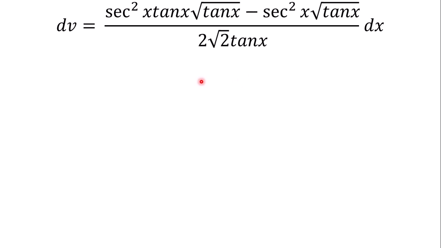You can't do anything here, so let's move on to where we are going to differentiate the original one. Okay, so t is equal to 1 over square root of 2 tan inverse of 4